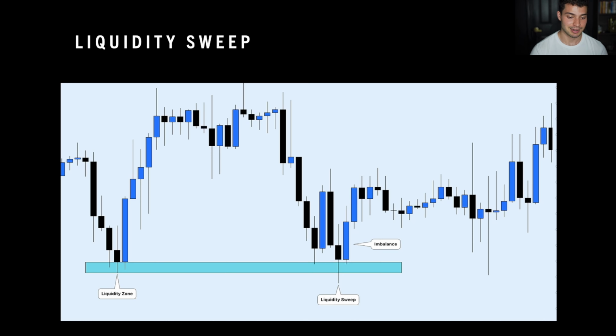Perfect. Now, the final one, liquidity sweep, and I like these the most. This is my highest percentage win rate, 78 to 80% win rate. Perfect. Liquidity sweep, what it means, all right? So you're looking at the chart here, the setup, but I'll tell you guys what it means in terms of actual definitions, all right? So as you know, liquidity in trading means